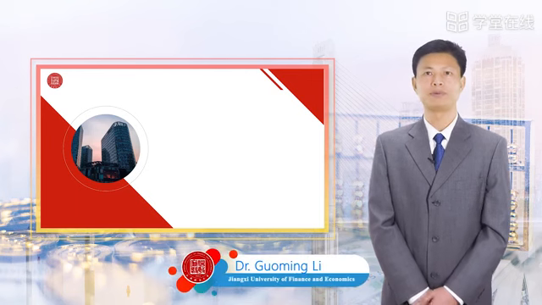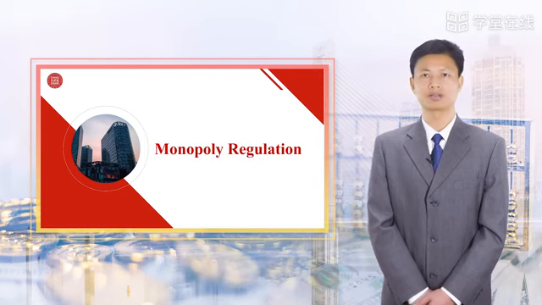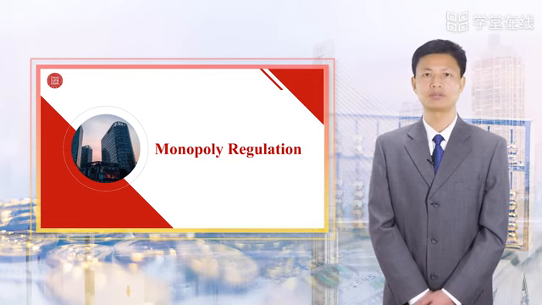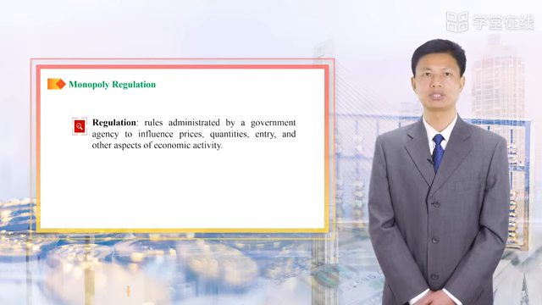Natural monopoly presents a dilemma. With economies of scale, it produces at the lowest possible cost, but with market power, it has the incentive to raise the price above the competitive price and produce too little, to operate in the self-interest of the monopolist and not in the social interest. In reality, regulation is a possible solution to this dilemma.